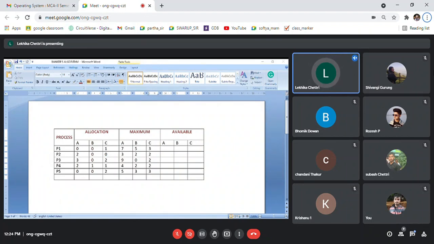And also when the number of instances is more than one, the graph becomes complex and may lead to some form of error. In such a case, when the number of instances of each resource increases, our resource allocation graph becomes inefficient. So when we have multiple copies of a resource and our resource allocation graph is inefficient, then we go for an algorithm to avoid deadlock from happening. The name of the algorithm is Banker's algorithm.